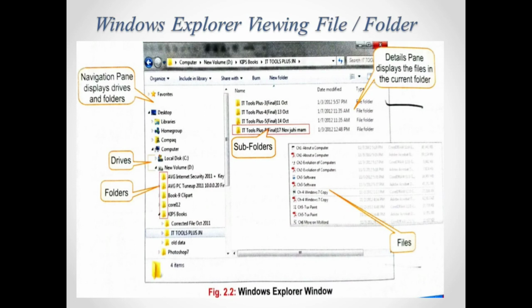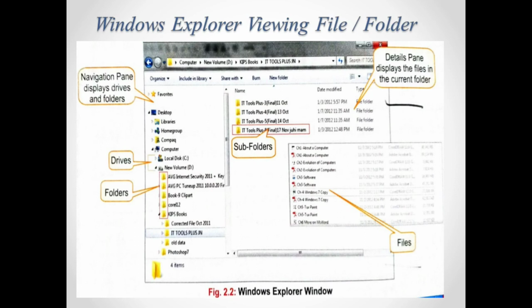It displays the drives and folders which are available on your computer screen. Then the subfolder: you all know a folder inside a folder. A folder helps you to store all your documents, and inside it, one more folder is added, which is called a subfolder.